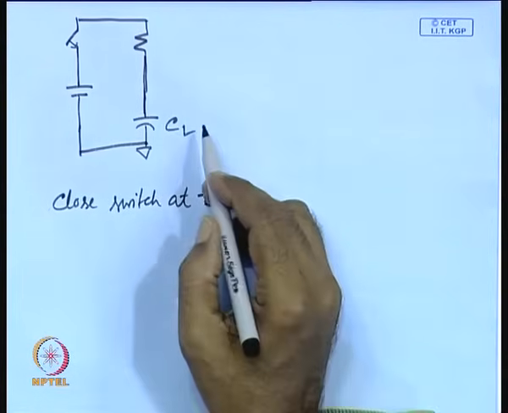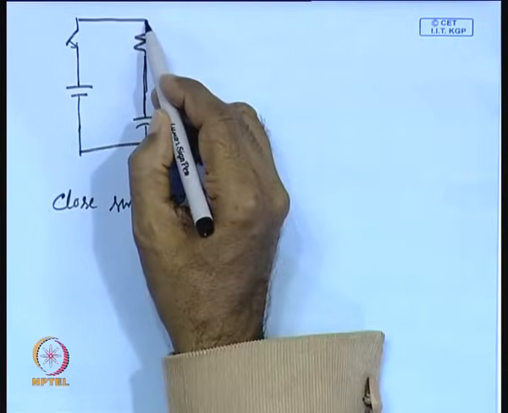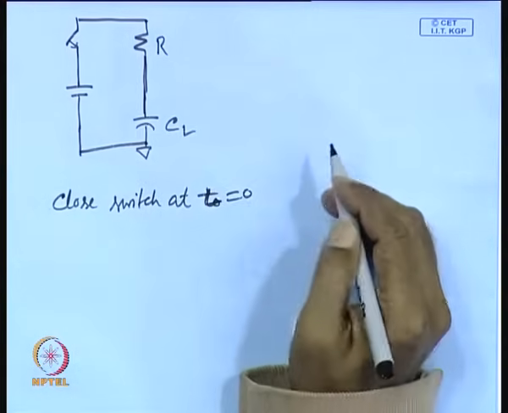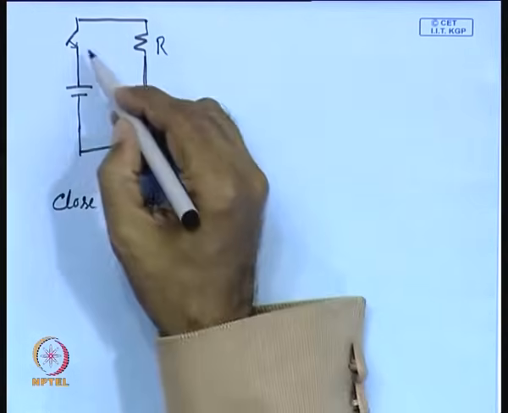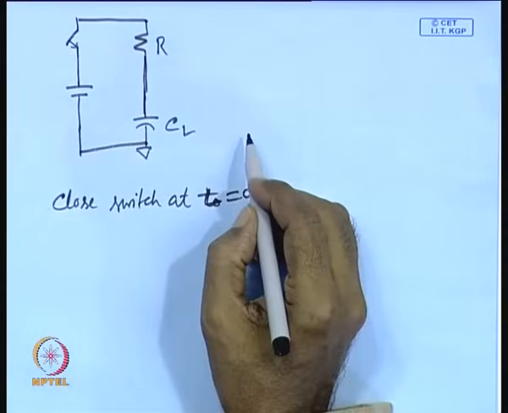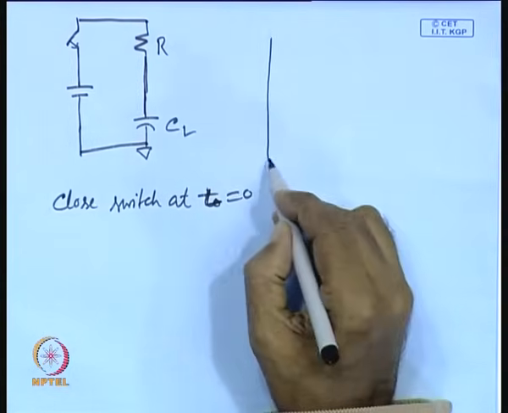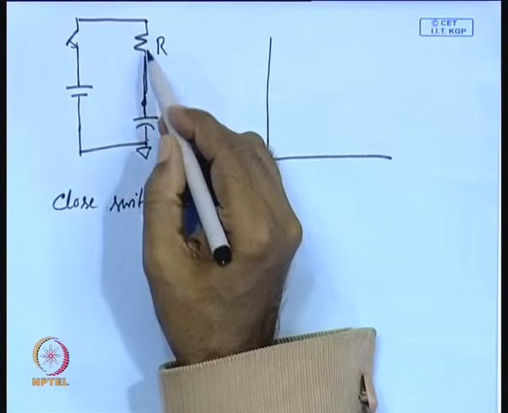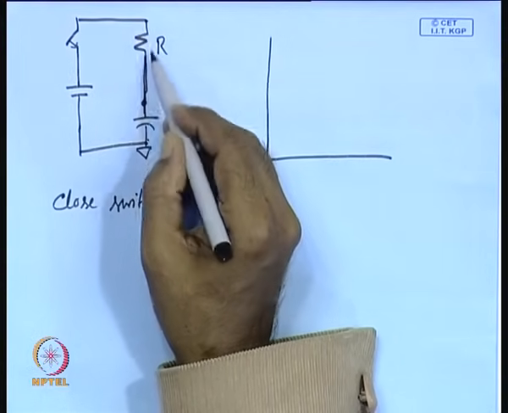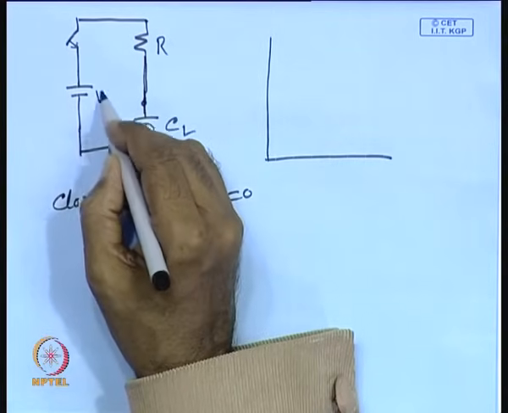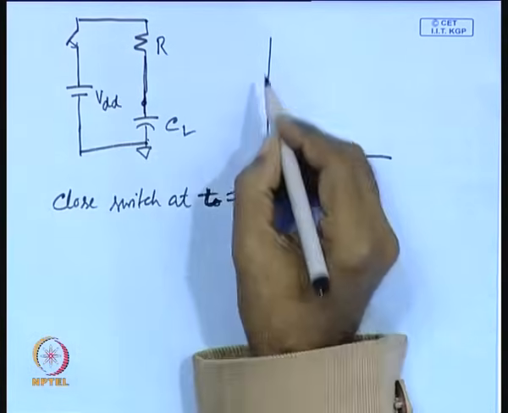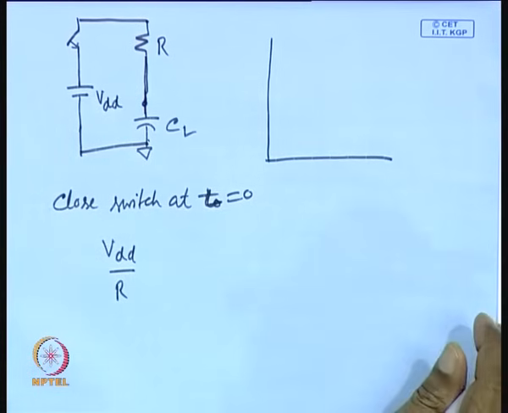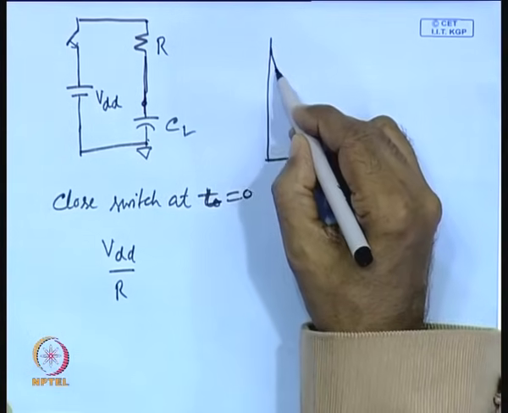And as you know, whenever you are charging through a resistor, this is your R and this is your C or CL, whatever it may be. We know that initially the current will be maximum, because the voltage across the capacitor is 0. So, the entire voltage will be developed across this resistor. If this is the voltage VDD, then a current of VDD by R will flow initially. Then of course, this current will keep on decreasing with time,